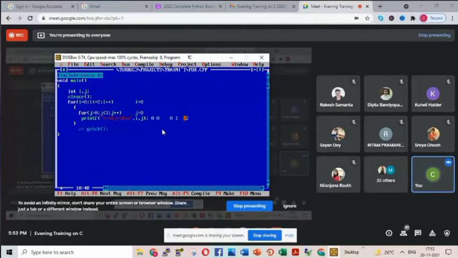Again, when you are printing i and j, we have not come out of the j loop, so i value remains the same, that is 0. So for i equal to 0, we have printed all the values of j, which we have seen individually, what the j loop alone would have generated, that is 0, 1, 2. And as I am printing i and j together, along with 0 as i, 0, 1, 2 as j will be printed.